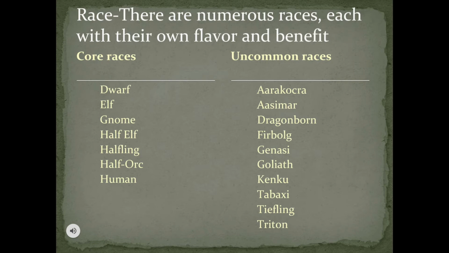Genasi. These are like the Aasimar, but instead of angels, they are descended from the elements: earth, fire, water, and air. Goliath. Proper half-giants. Kenku. Kenku are small, raven-like humanoids that do not have the ability to speak. They are particularly good thieves and miscreants. Tabaxi. They are catfolk, very curious, and as a race they go ooh shiny and are easily distracted.